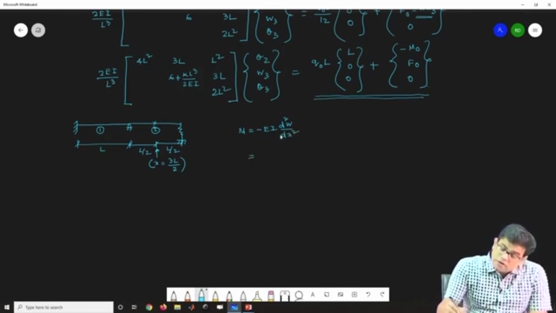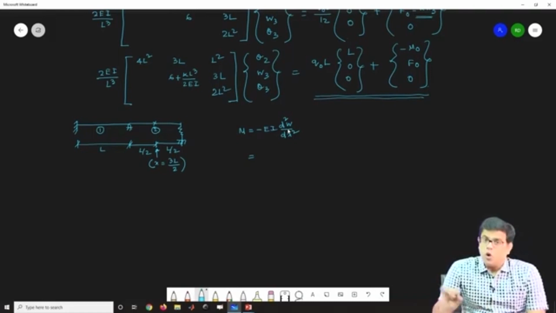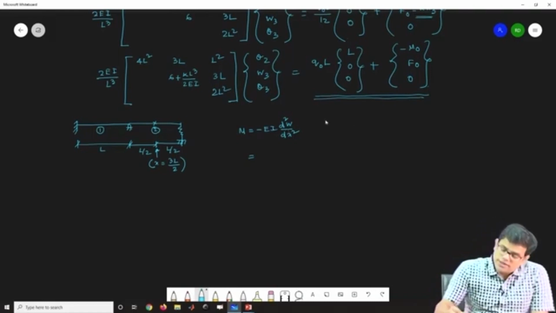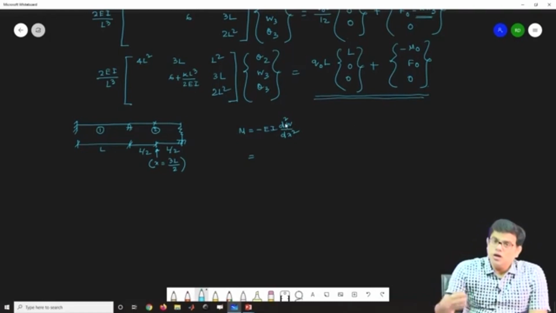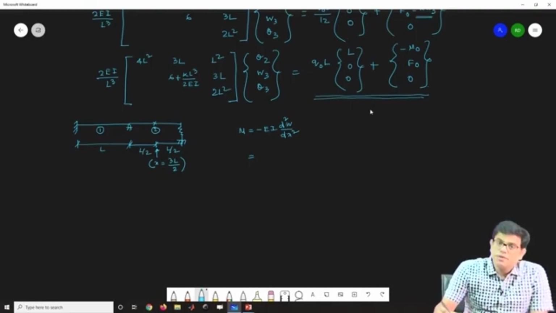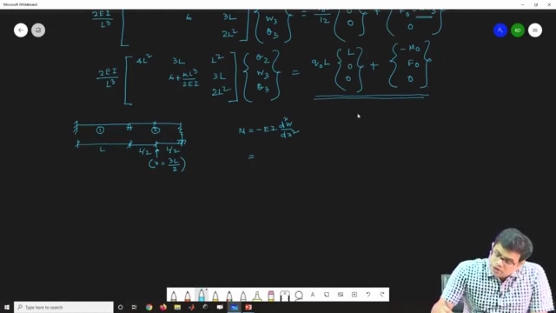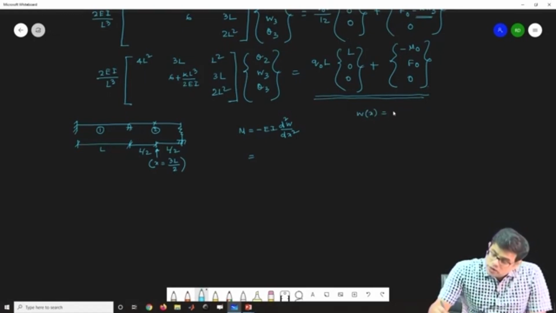Now from the finite element solution you know all degrees of freedom. Essentially here w is your displacement, which is approximated using the shape functions, w1 phi 1,